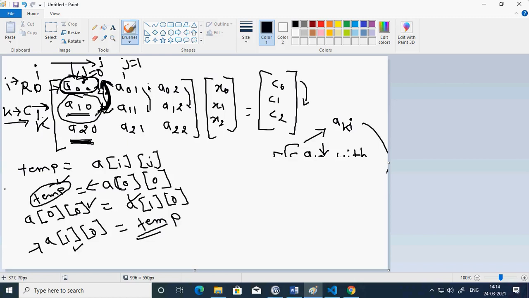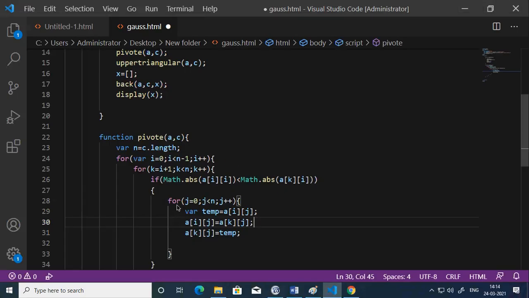If I change j to 1, this will be replaced. If I change j to 2, this will be replaced. So as j changes, a different column will get replaced, and that is what is happening here. So j starts with 0 and it keeps on varying, so automatically the first row will be exchanged.